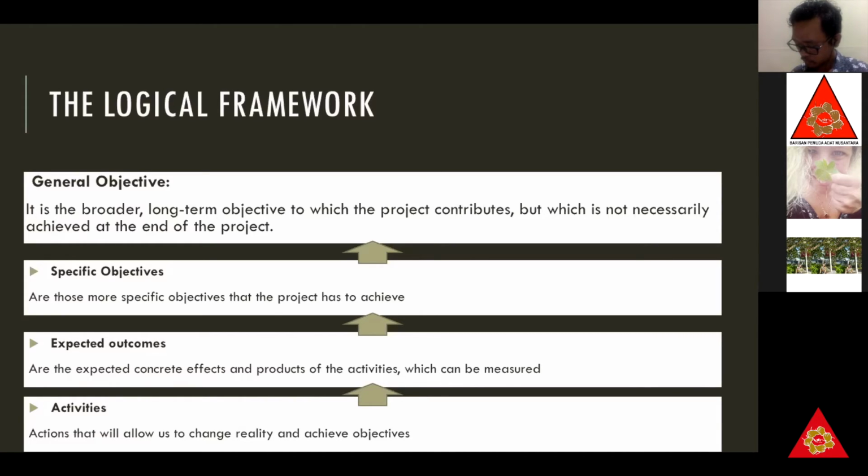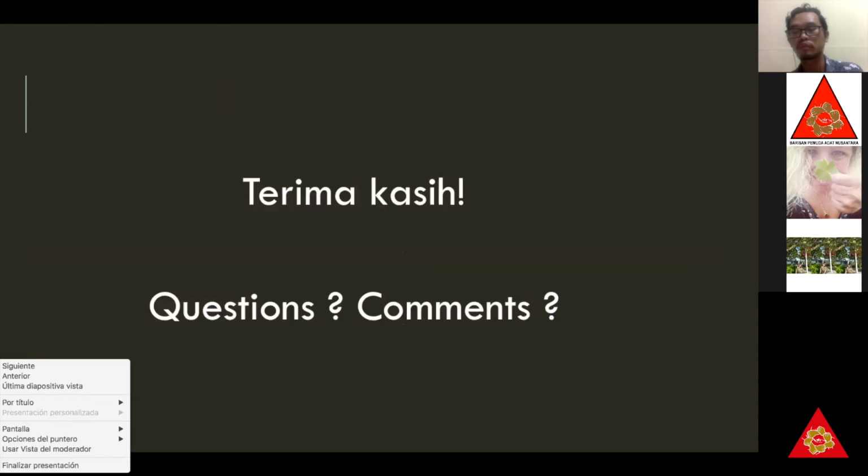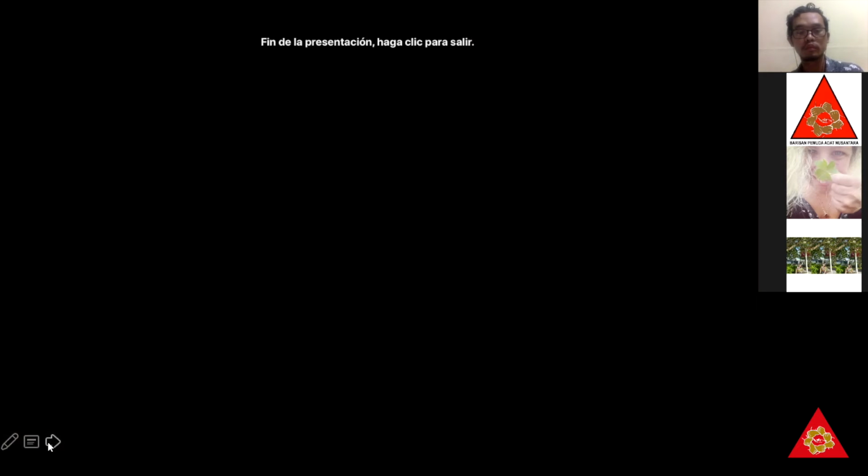So the logical framework is written in order to organize better your groups of activities. Each group of activity gives you an expected outcome, and these outcomes help you attain your specific objectives and your general objective. So this is how it works, and as I said before, it has a relationship with,